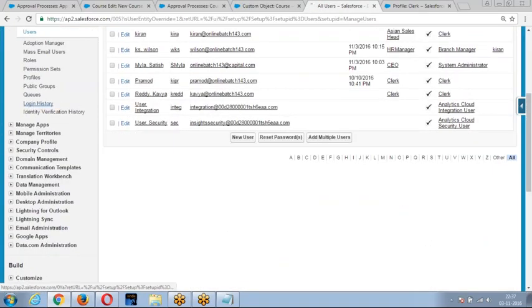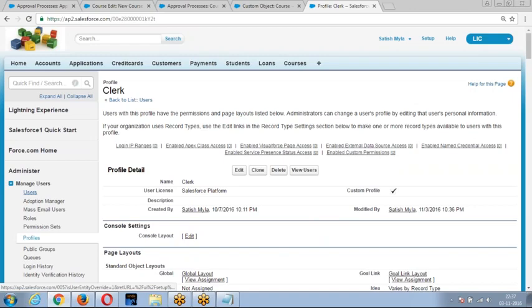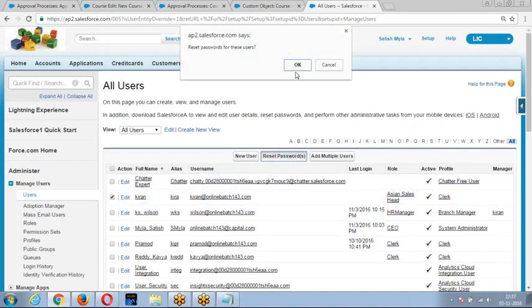Go to the login history and check the issue. Invalid password. So there is an invalid password. Go to Kiran now. Reset the password.